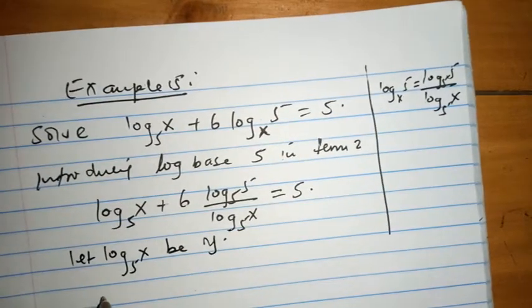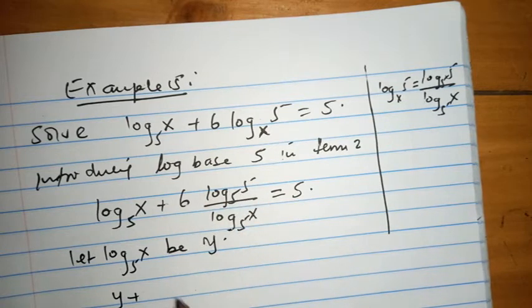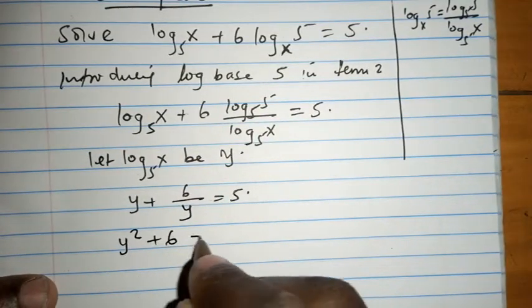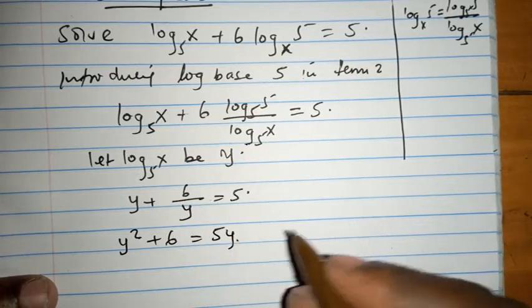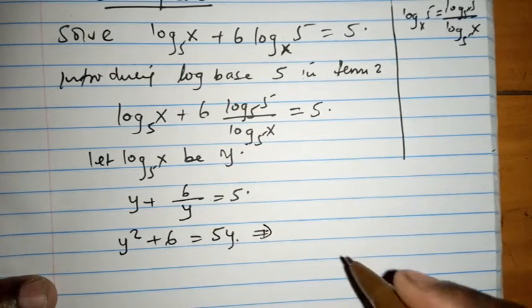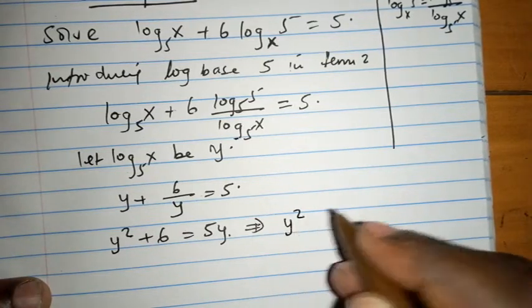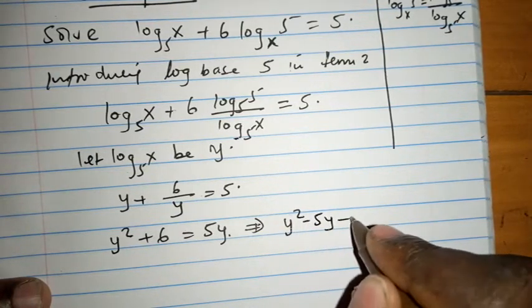So we're going to have y plus, because this is already 1, plus 6 over y is equal to 5. Cross multiplying, we have y squared plus 6 is equal to 5y. And this one is tending to form a quadratic equation, and let it be y squared minus 5y plus 6